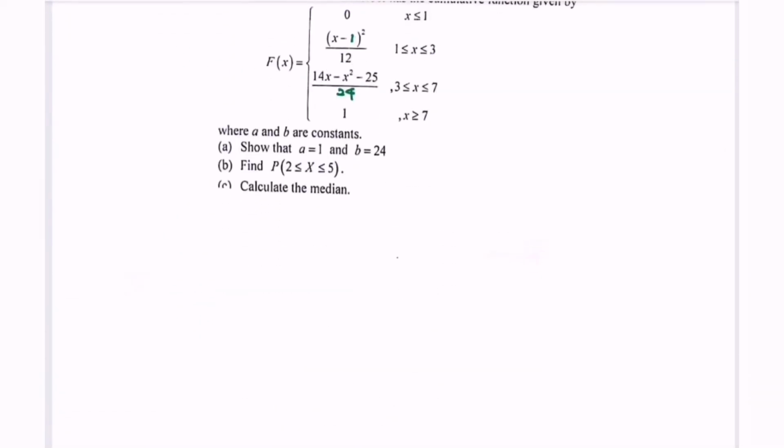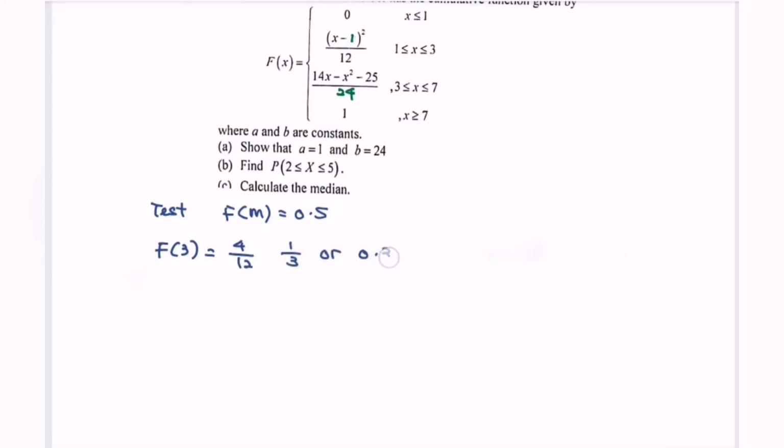Next is to find the median. First is to test the situation: where is the location for the 0.5? So what we have to do is to test f0, which, as we all know, is equal to 0. As we all know, f1 is equal to 0, so no need to test for the 1. Next, we're going to test the f3. So kindly substitute, where we have 3 minus 1, which is equal to 2 squared, so we will have 4 over 12. As we all know, 4 over 12 is equal to 1 over 3,